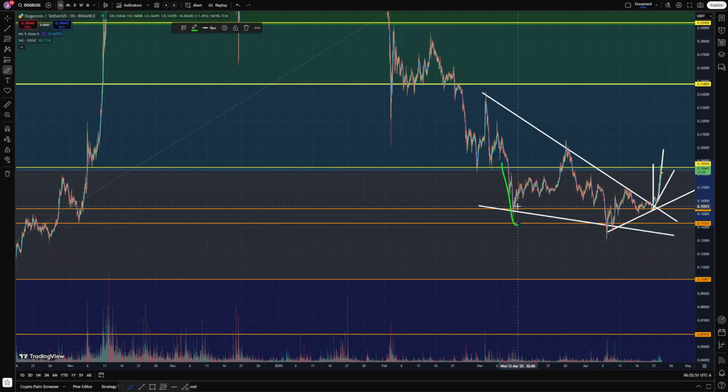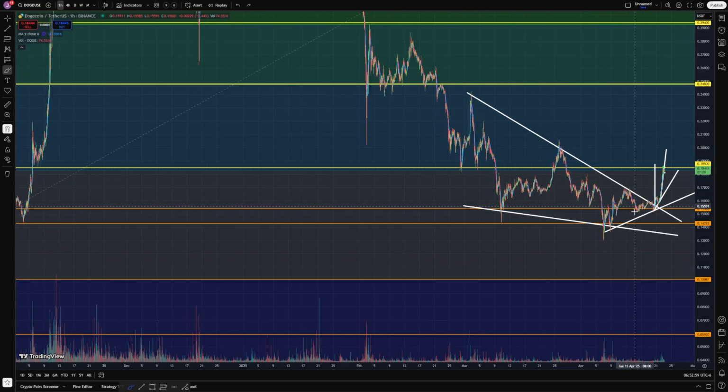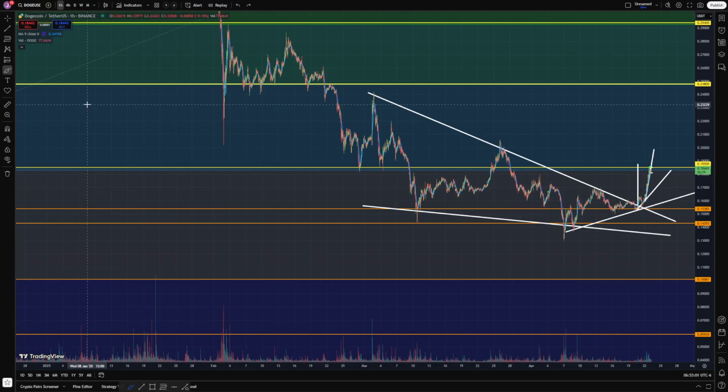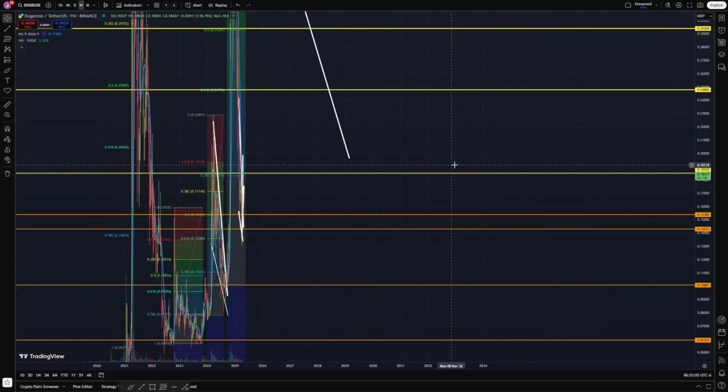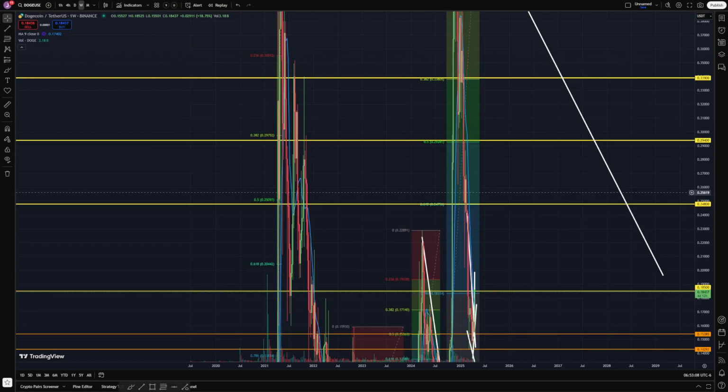We came down, found support over here, came up, broke through that 185 level, broke back below it, went sideways in general for a while, and that's what I've been thinking. Let's go back to the weekly. Ever since